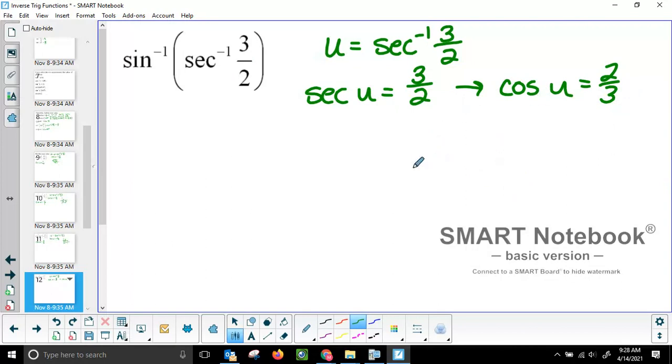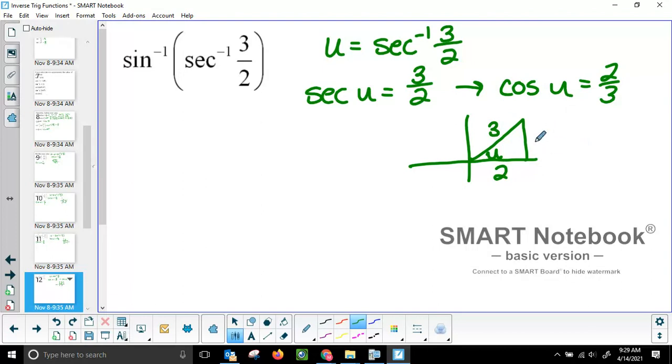All right. So inverse cosine deals with the top half of the unit circle, so quadrants 1 and 2. So inverse secant will do the same. All right. Now this is a positive value. Is cosine positive in quadrant 1 or quadrant 2? 1. All right. So I make my angle here in quadrant 1. All right. Cosine is adjacent over hypotenuse. All right. Now, this is not a nice Pythagorean triple, so we are going to have to use the Pythagorean